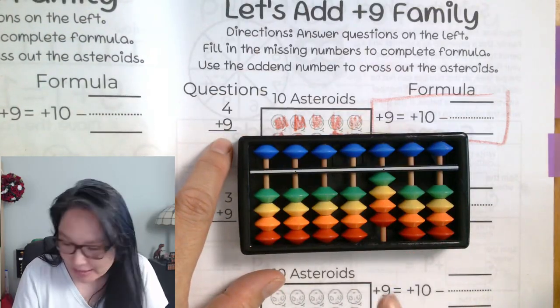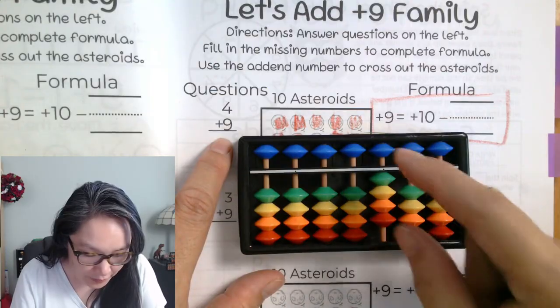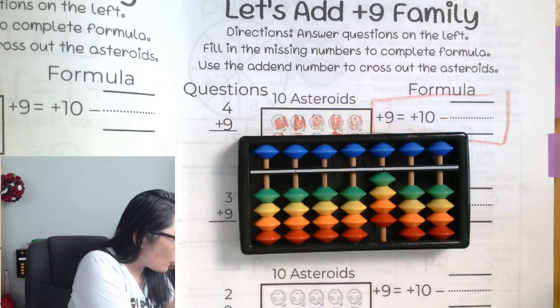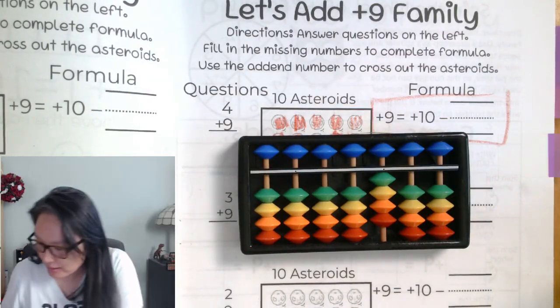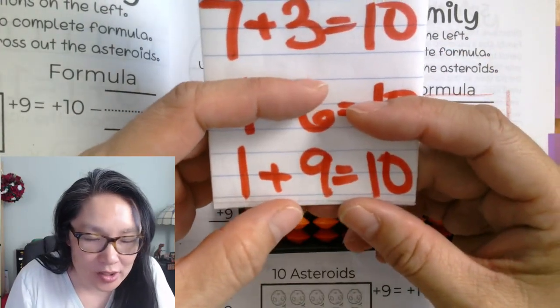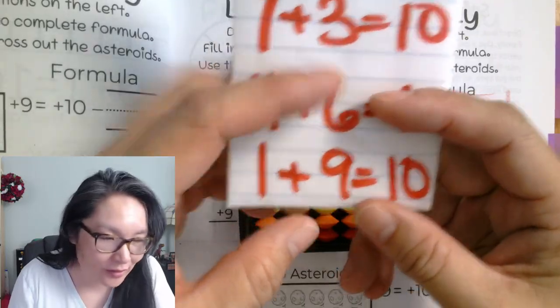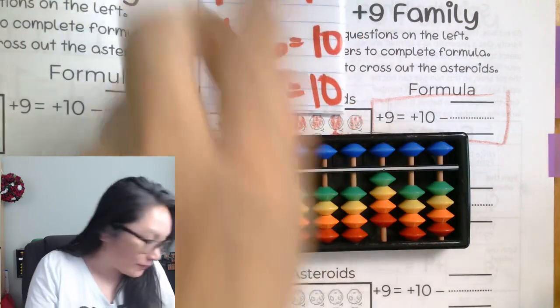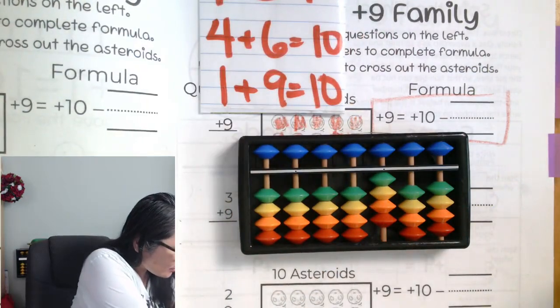Do we have enough beads to add the 9? No, we don't have enough beads to add the 9. Well, what is the formula to add the 9? The formula to add the 9 we know is, our stock sentence, our fact family? I don't know if this is fact family. So what we're going to do is isolate this 9. When we isolate the 9,